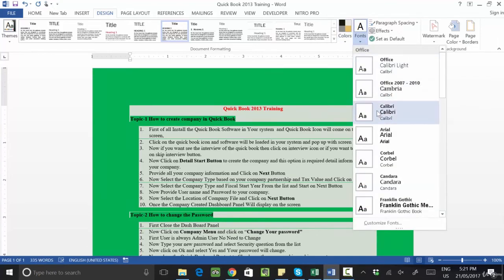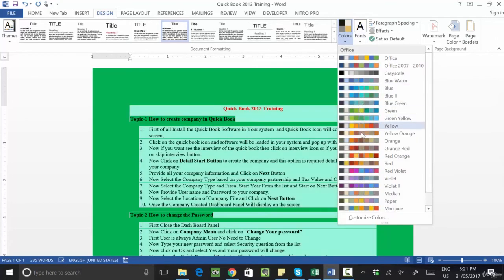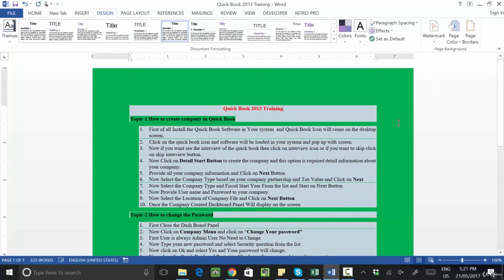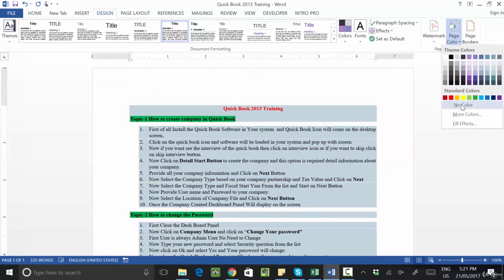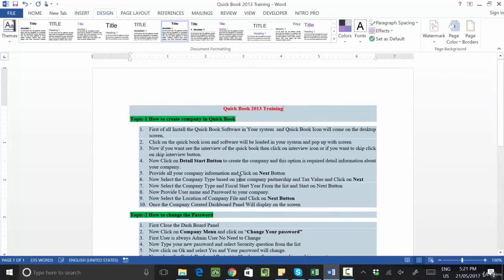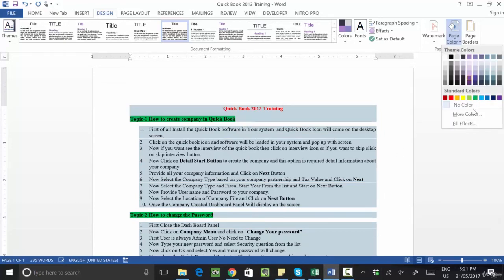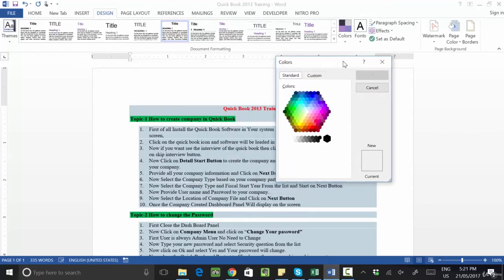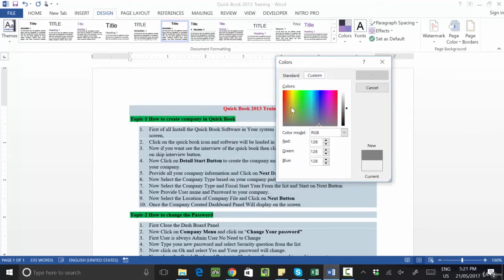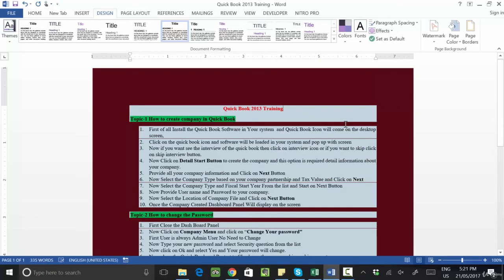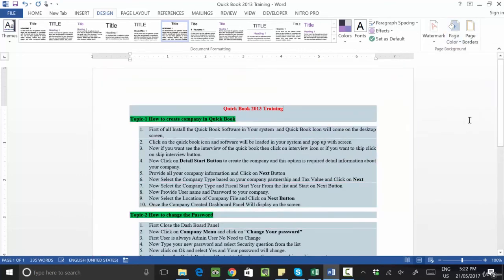Okay, now you can change the font color, but if you want to change the color, only the internal color will be changed. Page color you cannot change. If you want no color, then your backside area will be white. Okay, if you want to change more color, for example, I want a different color here, so I can choose color from here. Let's say I will select this color and make it light or green. You see, this color is changing here. If I increase dark or red, whatever color you want, select, click OK. That color will come. Is it clear? Okay. Now if you want no color, no color will come.